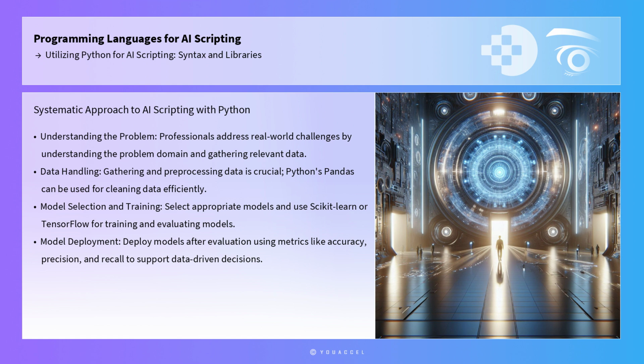To address real-world challenges, professionals can follow a systematic approach to AI scripting using Python. This approach involves understanding the problem domain, gathering and pre-processing data, selecting appropriate models, training and evaluating models, and finally, deploying the models. For instance, consider a case study in which a company wants to use AI to predict customer churn. By using Python, data scientists can collect data from various sources, clean and pre-process it using Pandas, and then